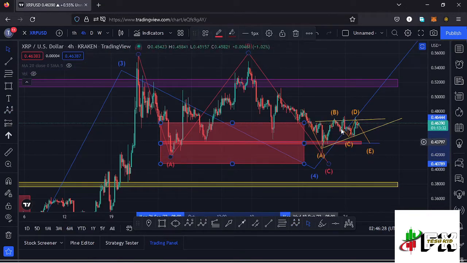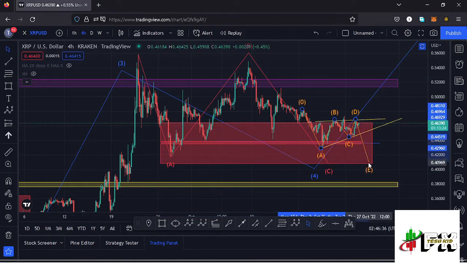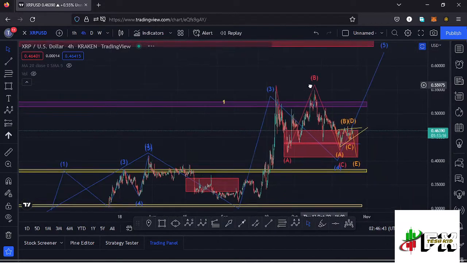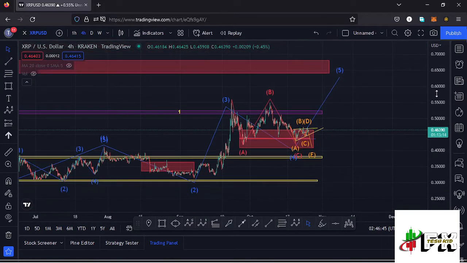And once we see the breakout out of that chart pattern, that is the movement that I expect us to fully maximize the formation of our wave 4 by taking us back to around the $0.4 mark. And once that plays out, then we can expect a very nice bounce to the upper side in the formation of our wave 5. And using the trend based Fibonacci, we can also sketch out a target area to the